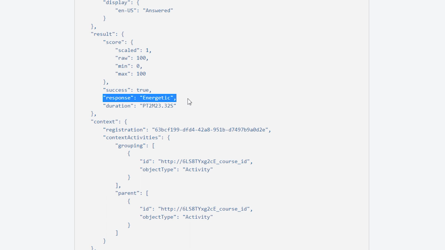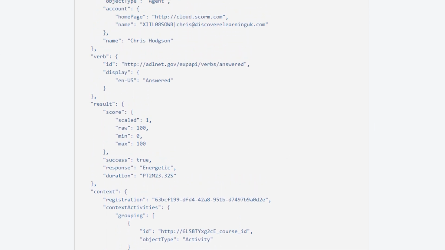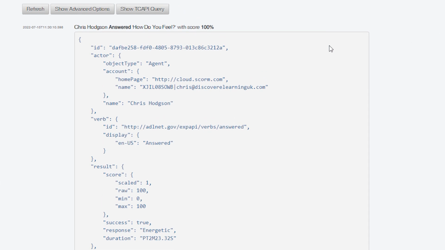So it's good to see that the activity itself is working and transmitting XAPI data as I would like, but now I'm ready to set up my own customized learning record store so that I can both make the activity available to learners within an LMS environment and be able to report on the responses that they give over time. And you may be wondering what the best way is for doing this.